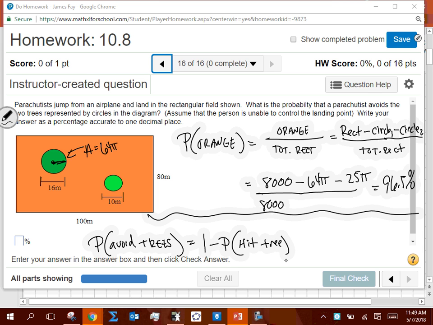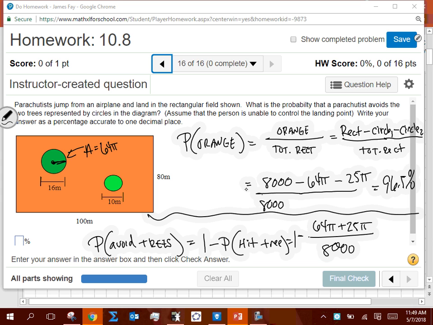Okay, so the probability of hitting a tree would just be the tree areas, 64 pi plus 25 pi, divided by the entire rectangular field, so 8,000, okay, and remove that from 1, right? So 1 minus that. And what I want to show you is that that is the exact same thing as